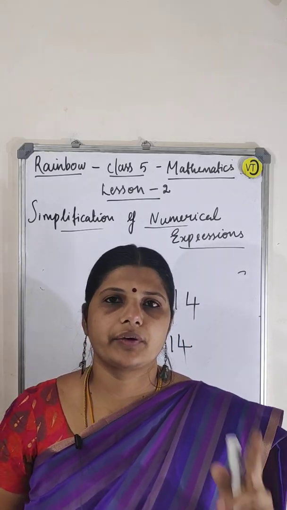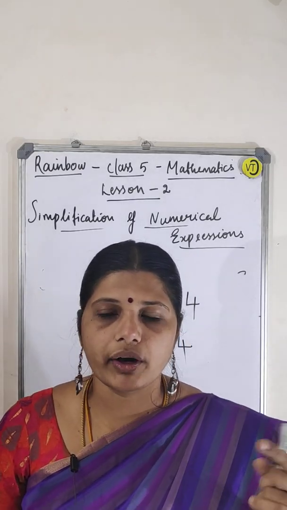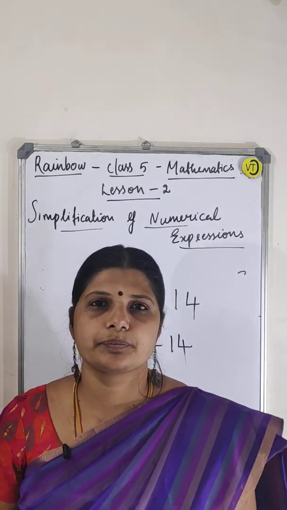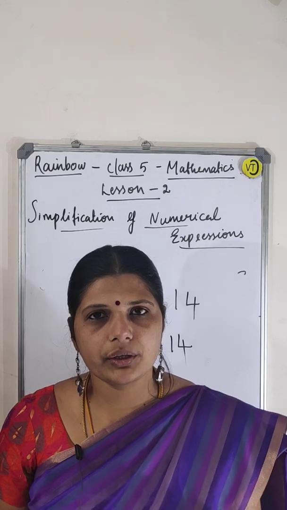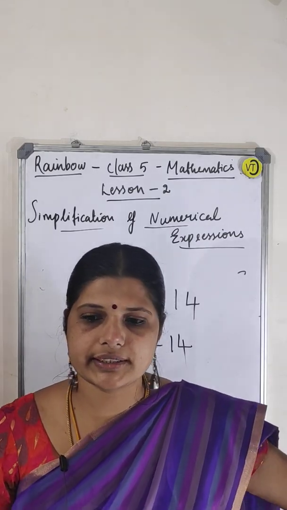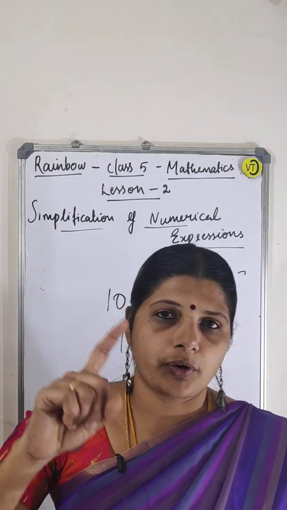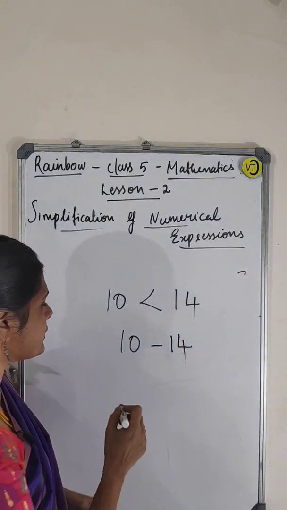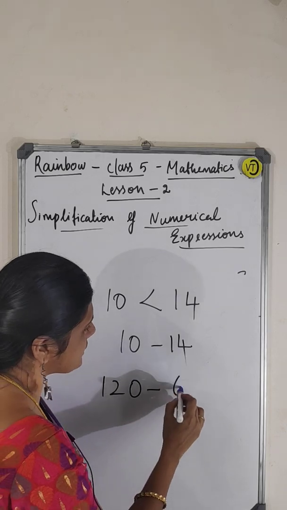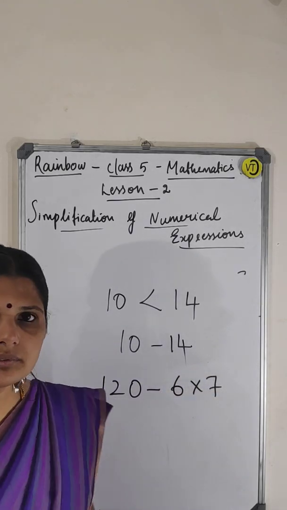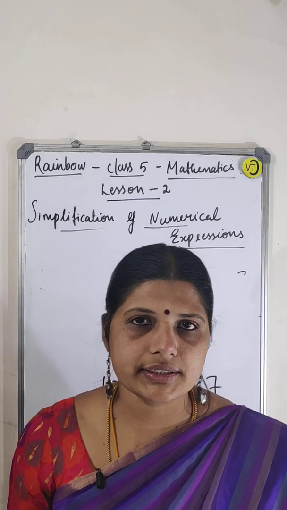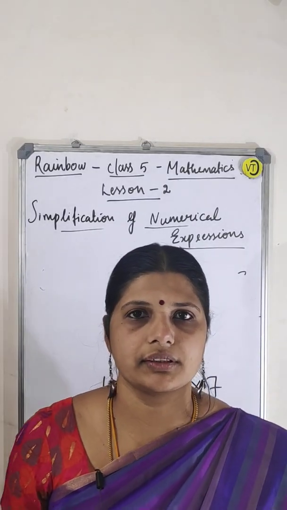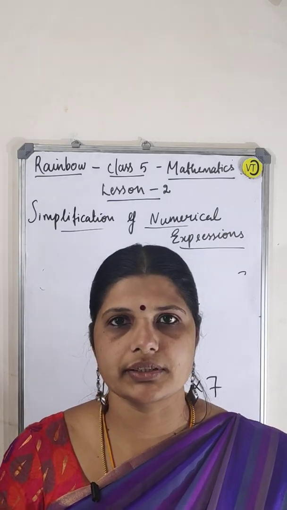Okay. Now next. Difference between 120 and the product of 6 and 7. So what will we do? Product of 6 and 7 is 6 into 7. Difference between 120. So how can you write this? 120 minus 6 into 7. Okay, we don't want to find the answer for this. They are only asking here to write a statement. That's it. Statement or expression is the very same. You can write it like that.